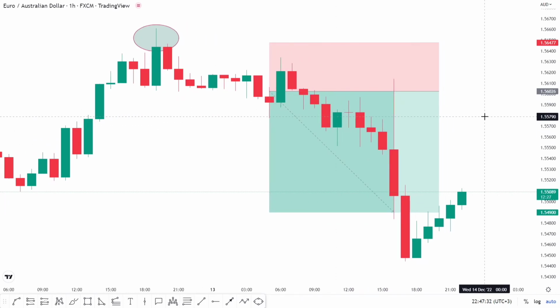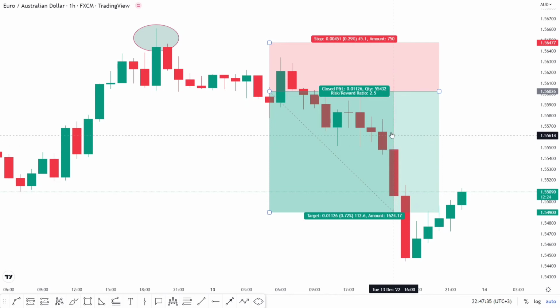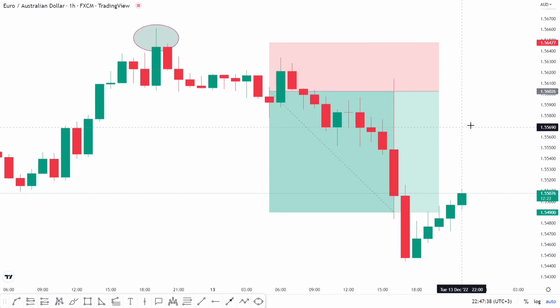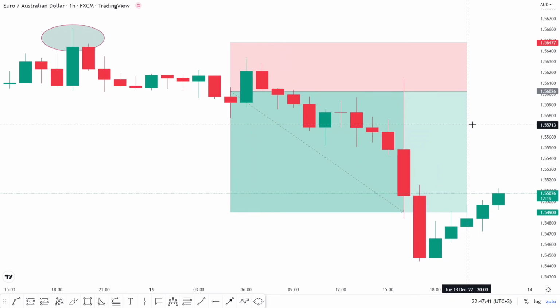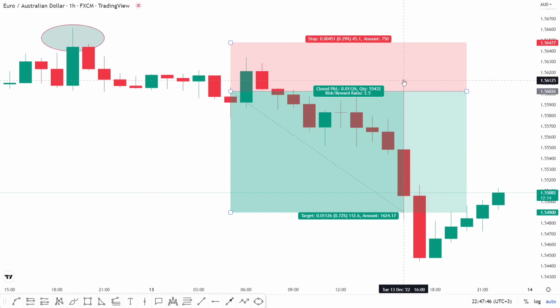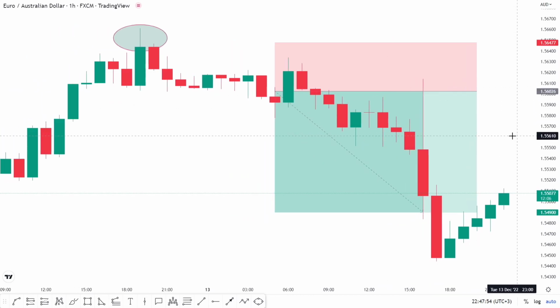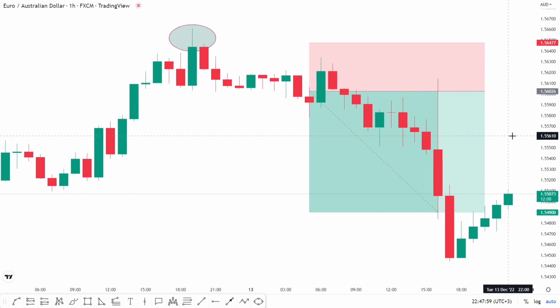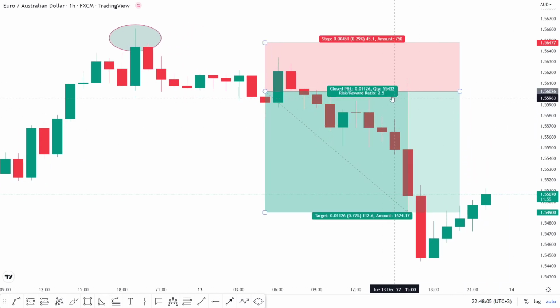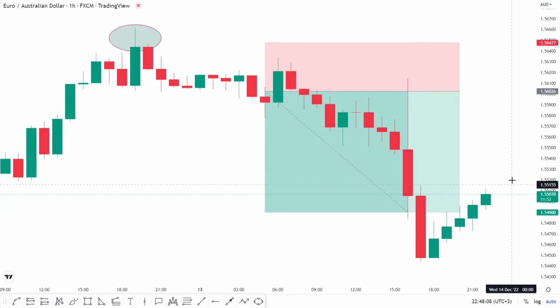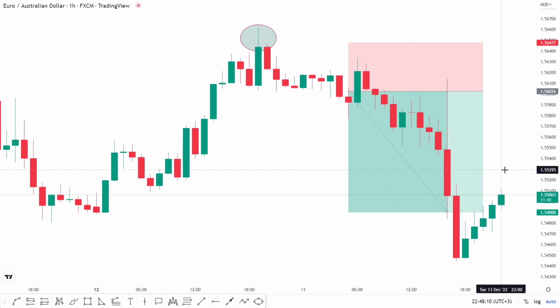Then what happened eventually is we had another shadow that spiked all the way up. You need to realize that if you look at this market using real-time data, at this point price was actually very, very bullish. It was buying. So again, you can easily get into emotions and close your trade because you fear hitting stop loss. But if you're using a very small stop loss and you have a good risk to reward and you're following a strategy, you should never be scared of hitting stop loss. It's part of the analysis and it's part of trading. So I kept holding my position until it dropped all the way to my take profit level. So that's just the importance of trading psychology.